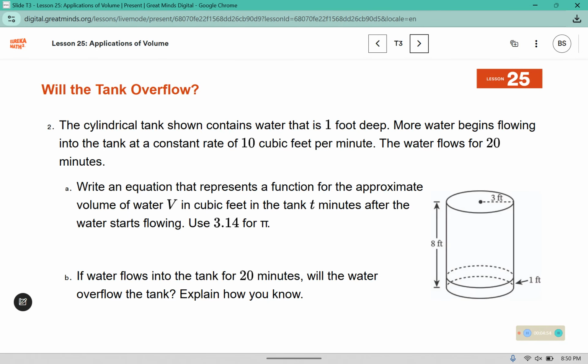The cylindrical tank shown contains water that is 1 foot deep. More water begins flowing into the tank at a constant rate of 10 cubic feet per minute. The water flows for 20 minutes. Write an equation that represents a function for the approximate volume of water V in cubic feet in the tank T minutes after the water starts flowing. Use 3.14 for pi. Well, we know what the rate is,